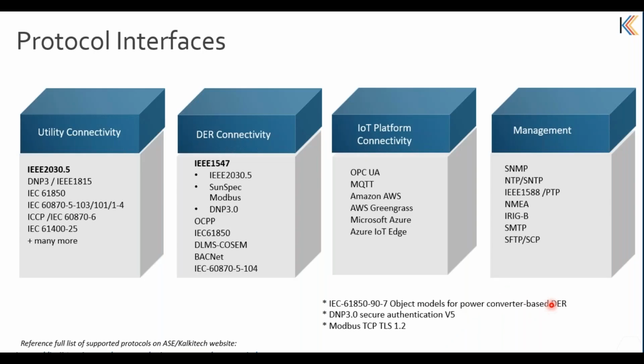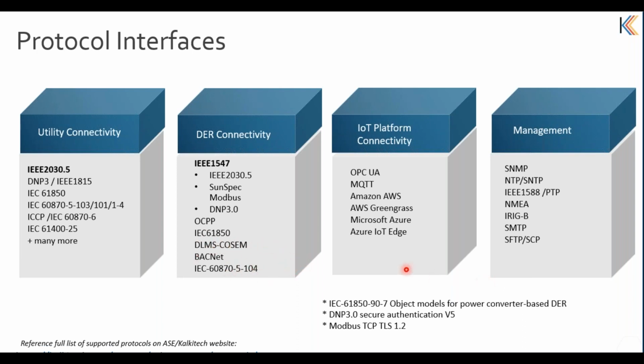And there are different protocol interfaces supported by the Kalki software. For utility integration, 2030.5 is the de facto standard for DR integration. In addition to that, it supports DNP3, 60870-5-101, 104, or other protocols as well. For DR integration, it can be 2030.5, SunSpec, Modbus and DNP3. You can also have OCPP for EV charger or EV charging station integrations, SNMP, DLMS, COSEM for meters,